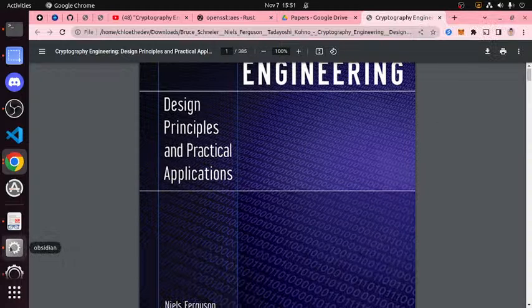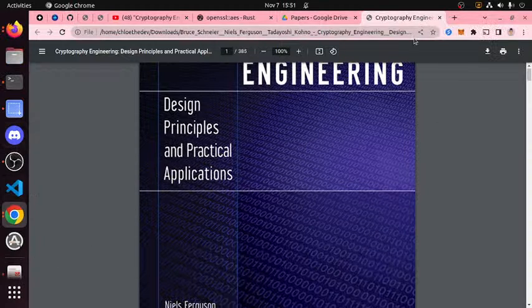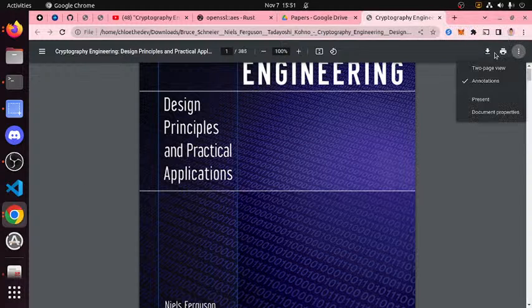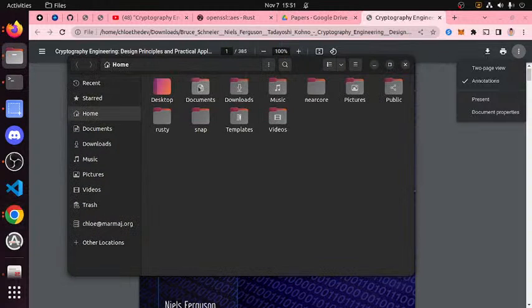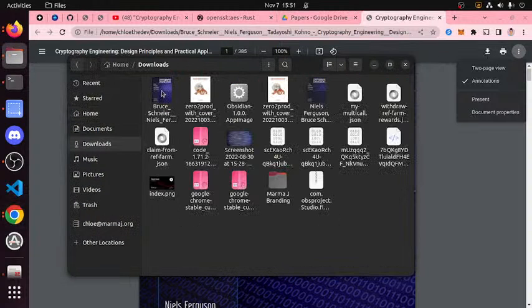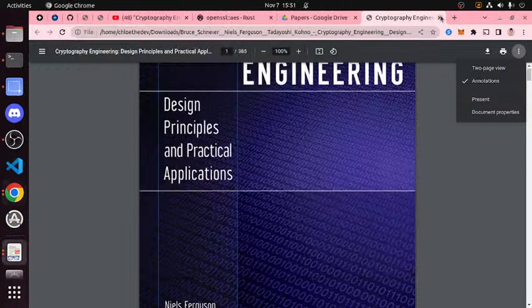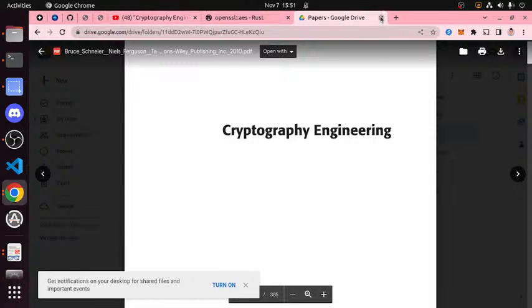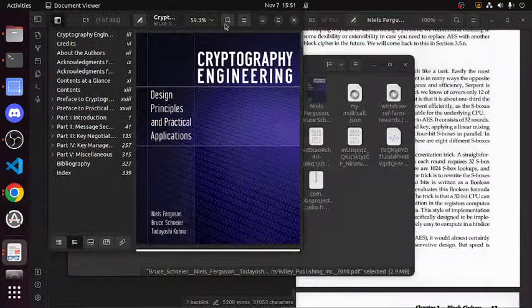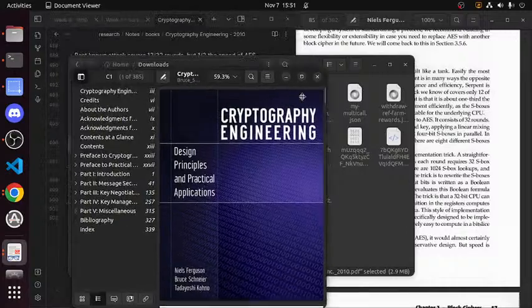That was not what I wanted to do. I wanted to open it from files, downloads. There we are. Open with document finder. That's what I want. Now, oh, this is so much better.